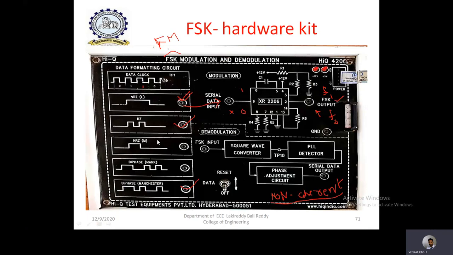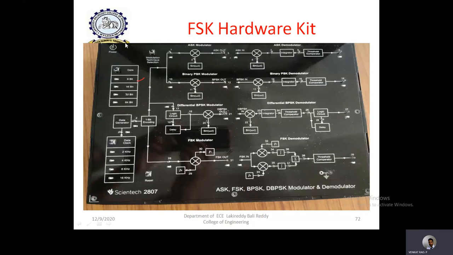So here in our laboratory we have different types of hardware kits available. We can use any one of them in order to produce the FSK output. For example, here I have mentioned 3 images of hardware kits. This is one type of hardware kit image from IQ company, and this is another image, which is a general hardware kit we use for generating different types of modulation experiments. For example, the same kit can be used for ASK, PSK, DPSK, FSK also. So if you want to use this, then select the modulation technique on this block and perform the FSK experiment.